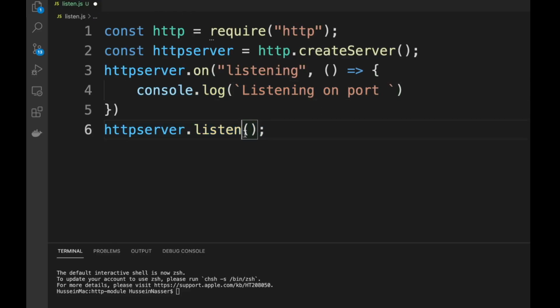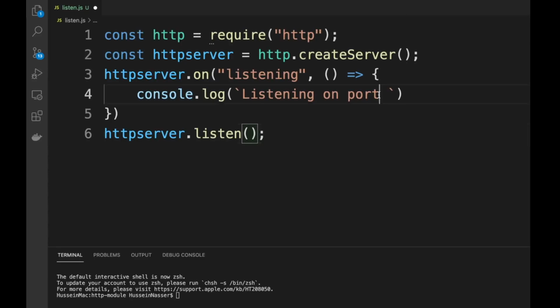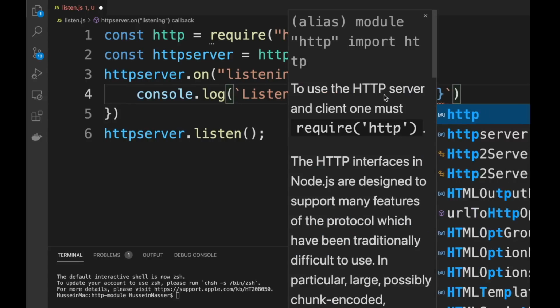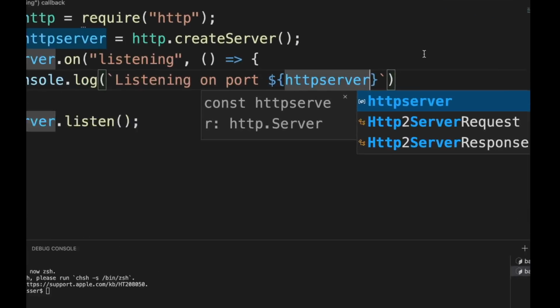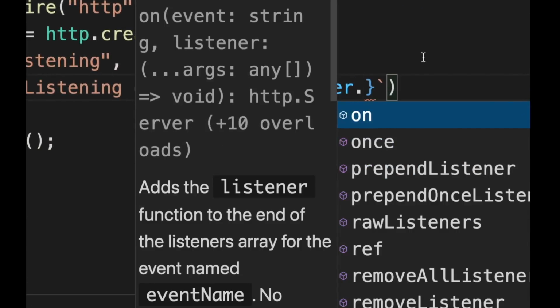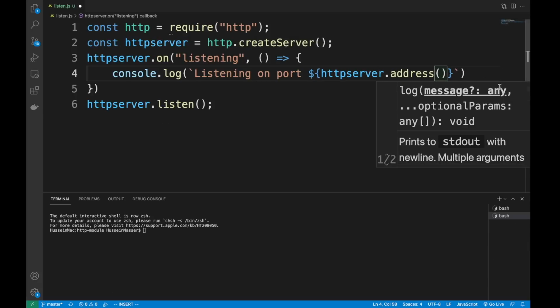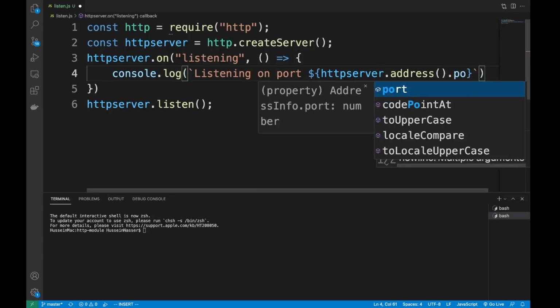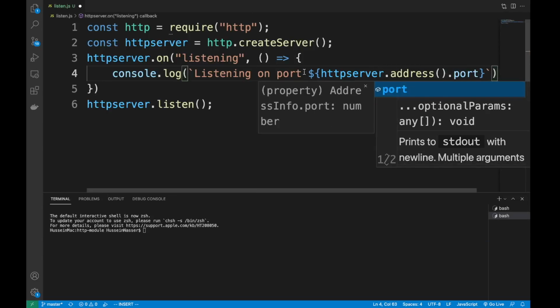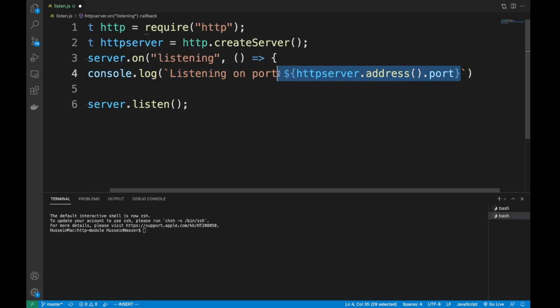Basically, if you don't provide a port, or you provide 0 as a value for the port, since 0 is not a valid port, it will pick a random port and listen to it. And here's how you get that random port that has been picked for you. You can do httpServer.address. I just found this out really recently, to be honest, while I was exploring and making the other video. Address is a synchronous function that you can call, and it gives you a lot of useful information. Part of it is the port. And if I do that now,